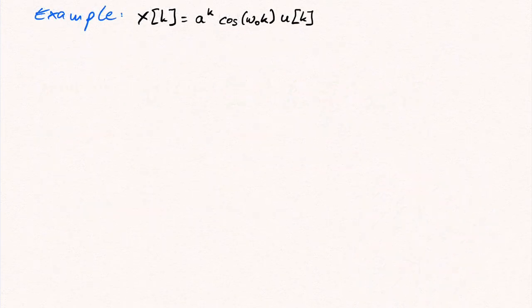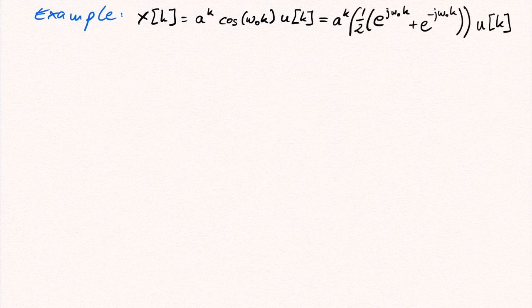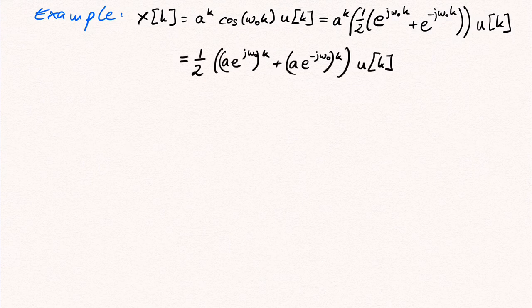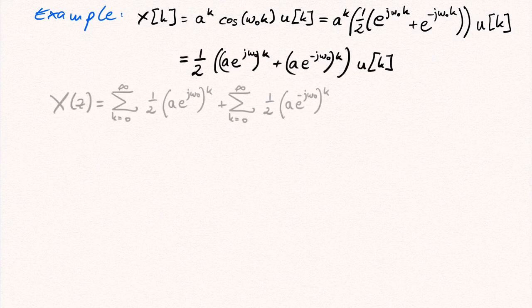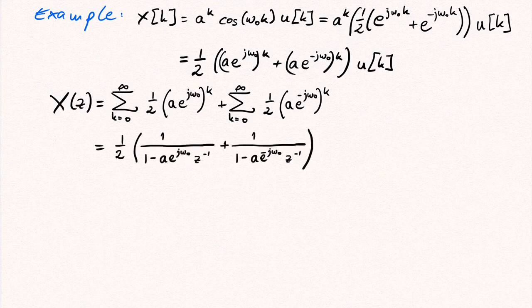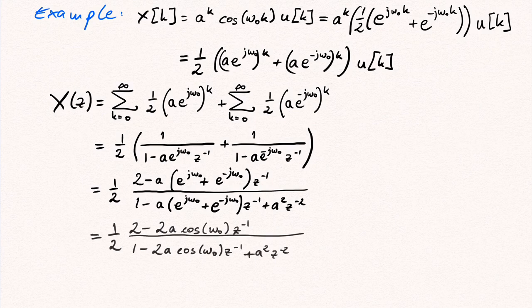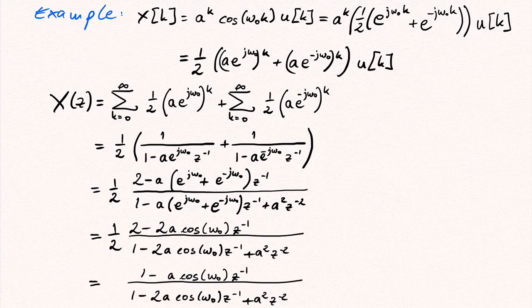As a second example, we will derive the Z transform of a causal cosine multiplied with an exponential function. As a first step, we will use Euler's formula to substitute the cosine term. Then x of k can be written as a sum of two causal exponential functions, so that the Z transform consists of the Z transforms of the individual exponential functions, for which we have already derived the transform in the previous example, so that the Z transform simply consists of two terms corresponding to the Z transforms of the two exponential functions. Combining the two terms and using Euler's formula yields the final expression for x of z,